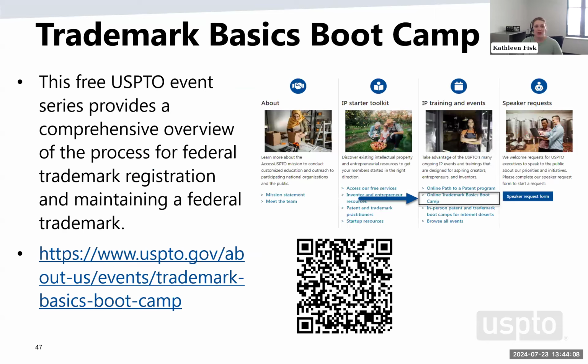Trademark Basics Bootcamp, this is similar to that Path to a Patent. So it's another free training series that provides that overview of a trademark registration application and maintaining a federal trademark. So again, it's all online. You can look up the classes and sign up for the ones that interest you. And you can get more information on that trademark application process and see if there are specific things that you need to do to work up to